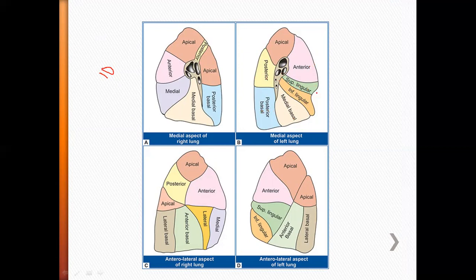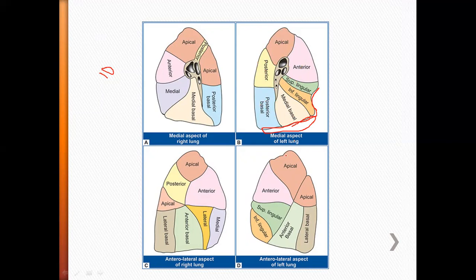Okay. For the lingular, you can easily remember this: this is the cardiac notch, and this end is going to be our lingula. So near to that, whatever segment we are dividing is the lingular. Above the lingula is the superior lingular, below the lingula is the inferior lingular. And what surface is here? Here is our base. So this is the medial basal and this is the posterior basal. This is on the anterior aspect, so anterior. This is on the posterior aspect, so posterior. The apex we call apical. Understood the naming? Why do these names come?